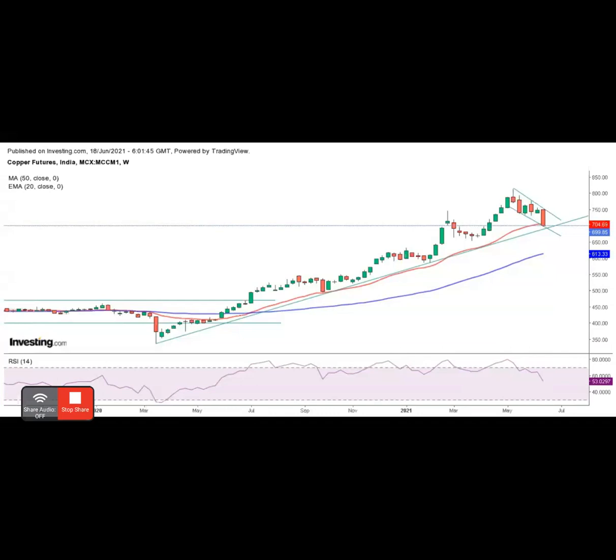So for me, going short at this particular level will be very dangerous. I will not go short here. I will rather wait for a bounce back to come in. Maybe if all the supports are broken tomorrow or the day after tomorrow, then and only then will I come up with a report saying that copper has changed the trend from positive to negative, and now prices will fall. And the primary reason behind this will be China, saying that we want the metal prices to come down. But as of now, technically, no supports have been broken, but it is at a support of 685 odd.